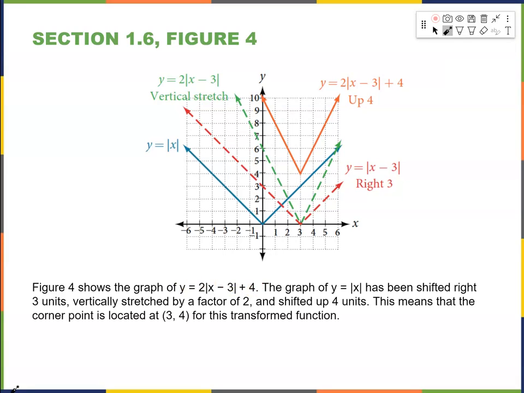So remember this. The graph of y equals the absolute value function of x, the blue one, has been shifted right 3 units. Look inside the absolute value, x minus 3, that is a shift 3 units to the right, and then vertically stretched by a factor of 2. You have 2 outside of it, and then plus 4, that is shifted up 4 units. So when you do that,